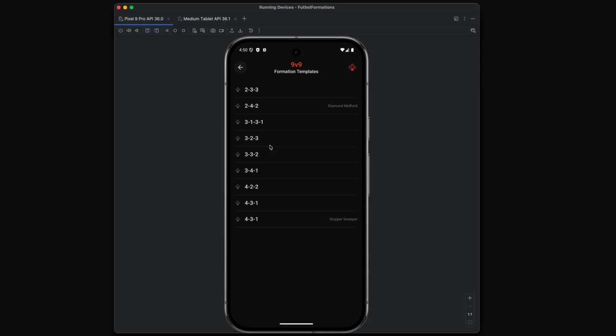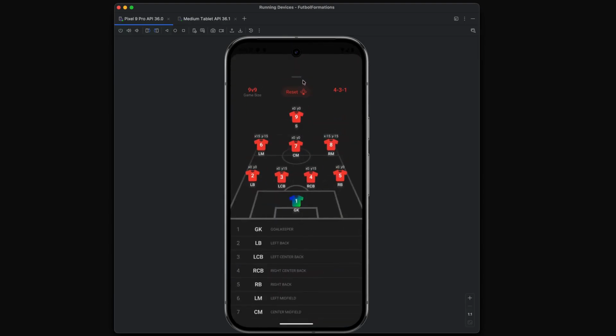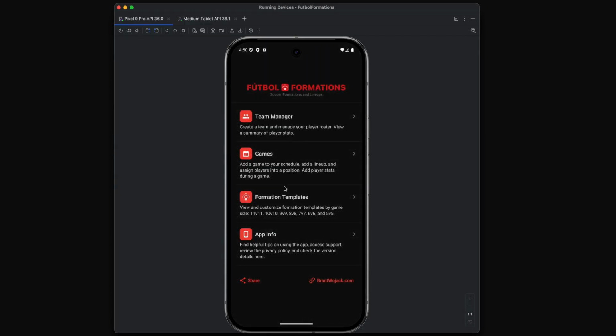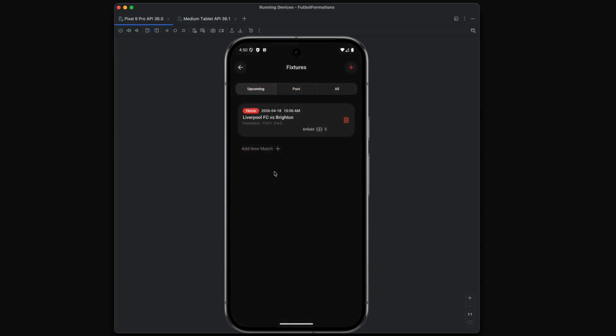But I try to give you guys a great starting point. These formations should really, honestly, they look really good with their defaults. But as you can see, you can tailor each of these templates. And you want to do that before you add the formation to a game lineup. That way, the customizations that you make for a formation will be applied when you add that formation to a game. So if we come back into our games here,